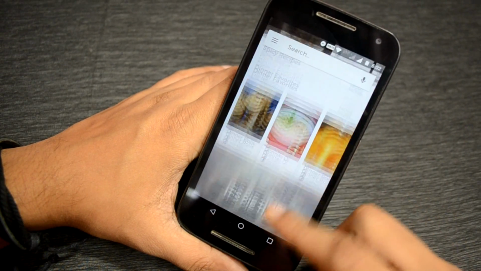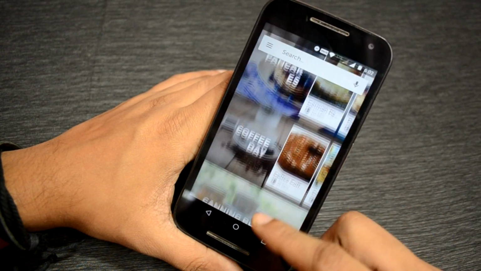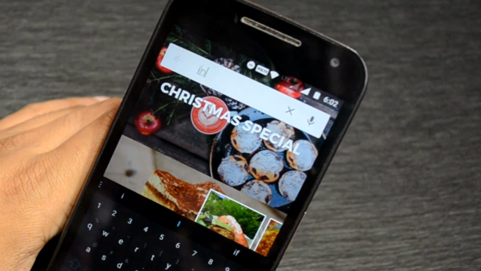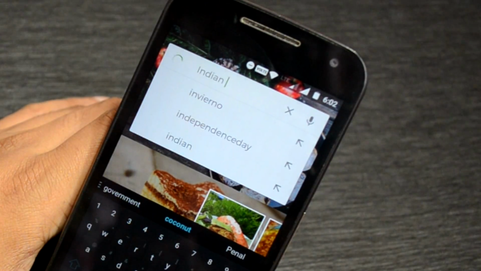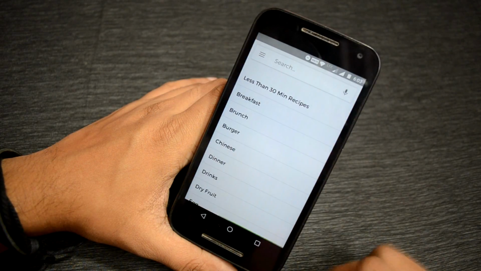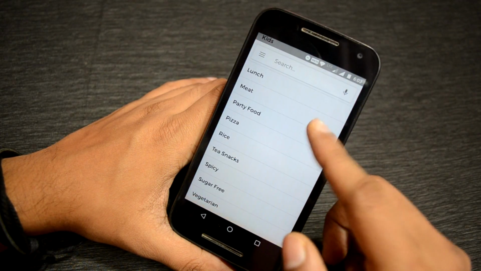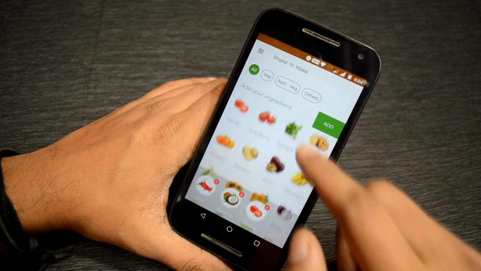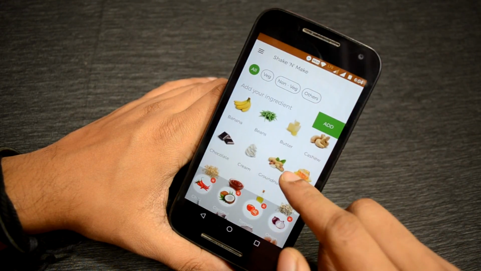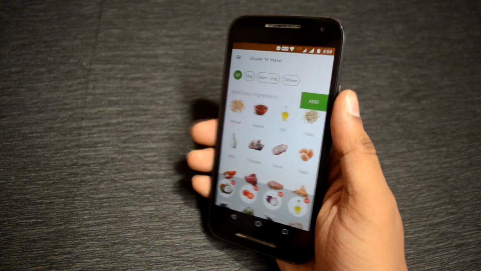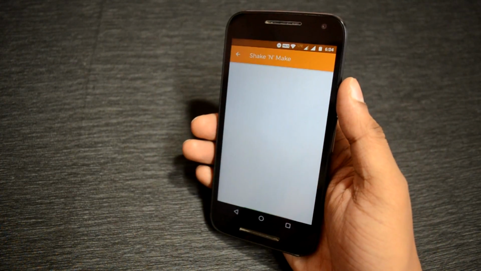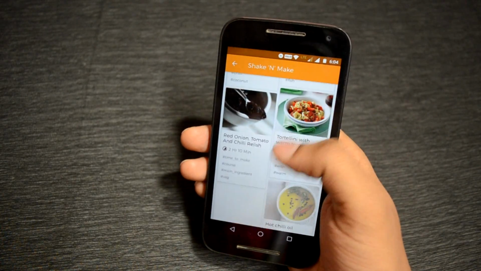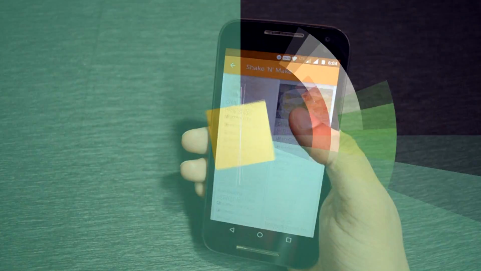I mean, just look at the app and you are unlikely to get confused with the recipes the way they have sorted in app. You can directly search for the recipes from the top, or to be very precise, you also have an option to select the recipes from the category. Another cool feature of this app is the option of shake and make. Select the ingredients from the app and then just shake your phone. It will list down all the recipes that have all those ingredients that you have selected from the app. This option is damn cool.